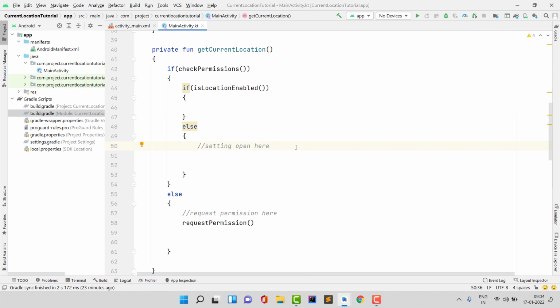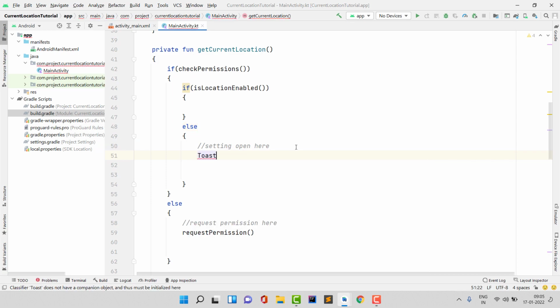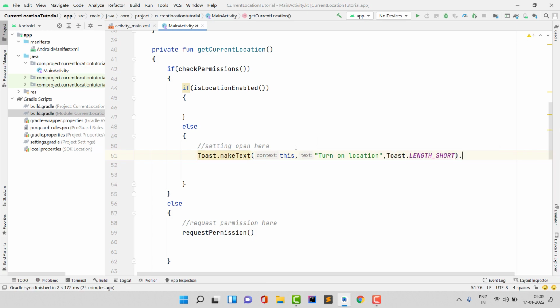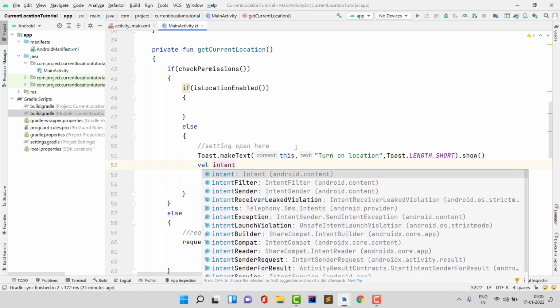And if location is not enabled, then it means the user didn't open the location, or we can say enable the location in their system. So we can show a toast here, Toast.makeText this, and "Turn on location". We can show this toast, and then after this we can open the settings activity. So Toast.LENGTH_SHORT, first of all write the toast, then I can create a val intent here to open the settings activity,